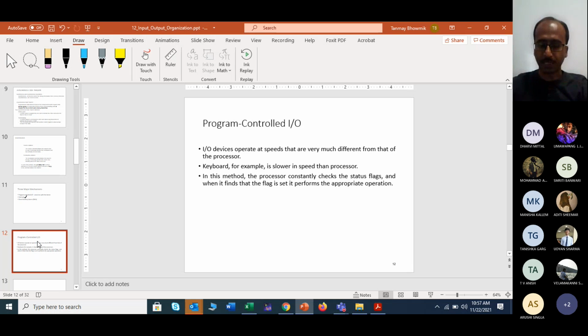Another example: we did the ALU operation, right? In the case of ALU, when we were reading addition and subtraction, using the flowchart or the sign magnitude addition subtraction, we observed that there is one AVF flag.